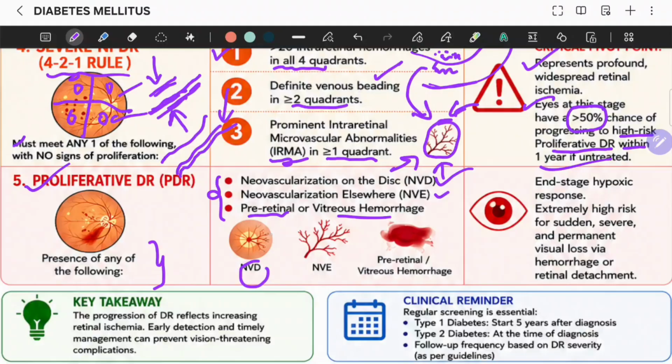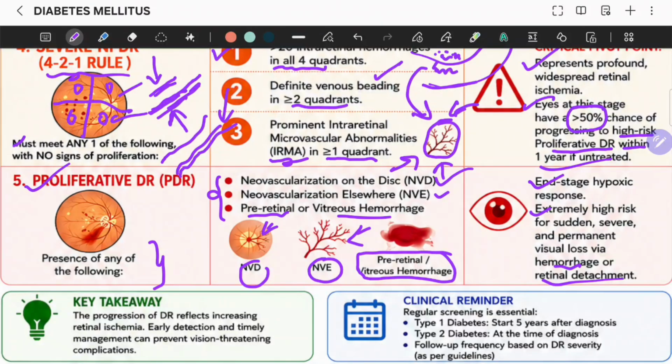If one among these three is present, then the patient is said to have proliferative diabetic retinopathy. This represents an end-stage hypoxic response, with extremely high risk for sudden, severe and permanent visual loss via hemorrhage or retinal